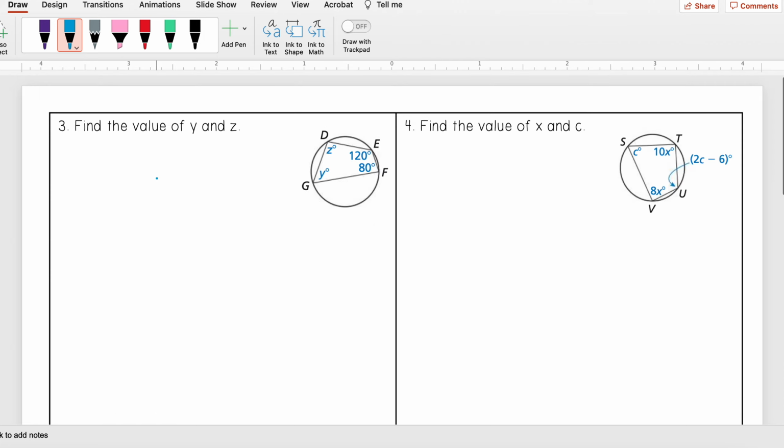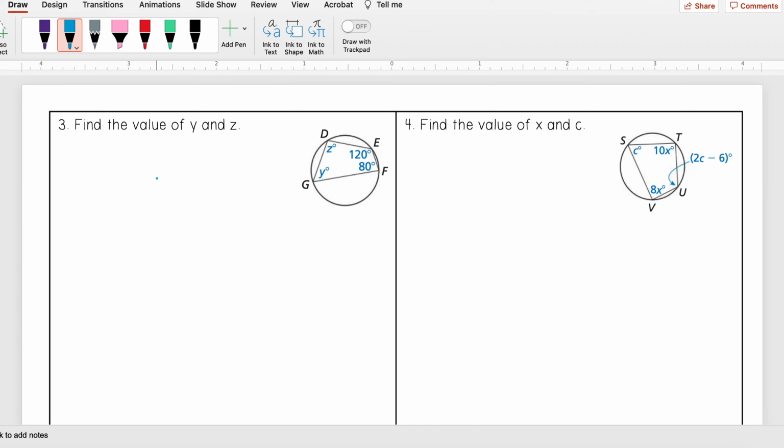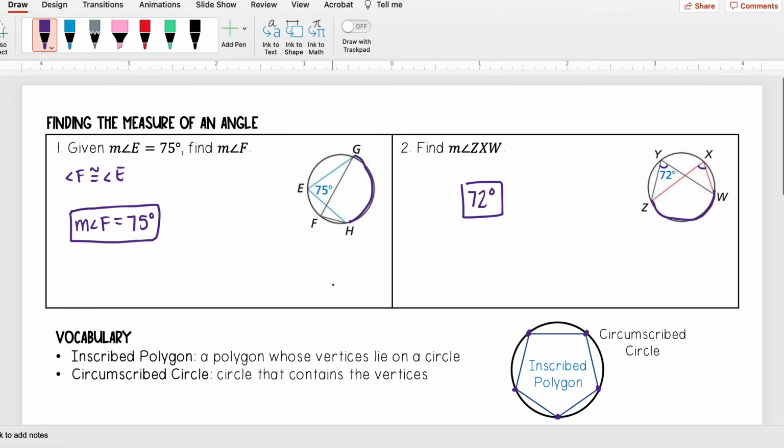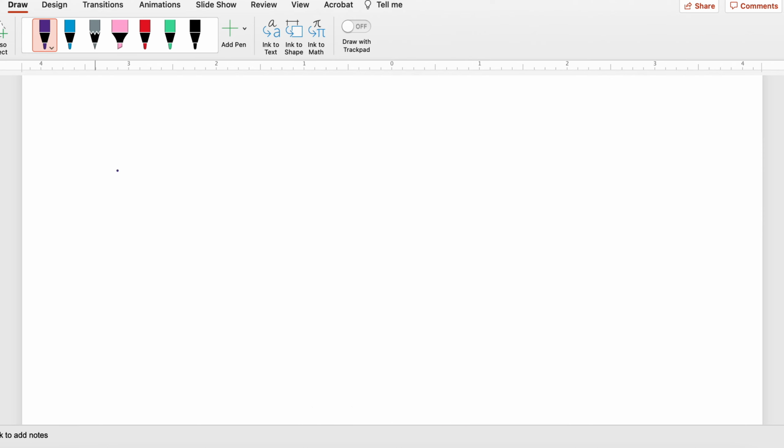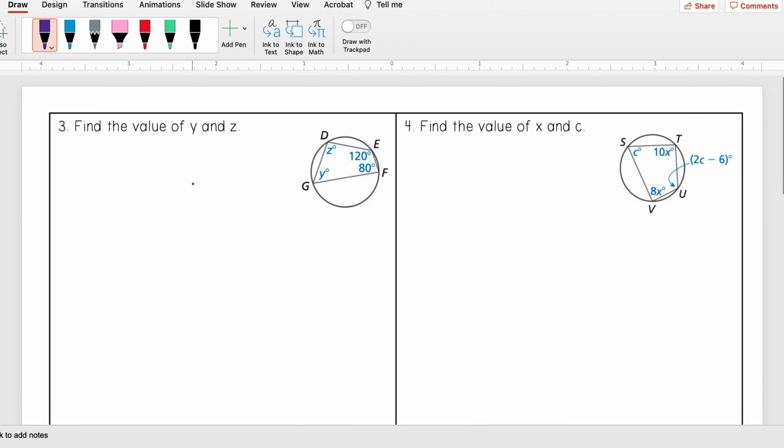Okay, now let's look at some other polygons inscribed in here. We're looking at some quadrilaterals. So here I want to find the value of y and z. And what we remember from this theorem, the inscribed quadrilateral theorem, is that a quadrilateral can be inscribed in a circle if and only if its opposite angles are supplementary. So the opposite angles need to add up to be 180. So that means that